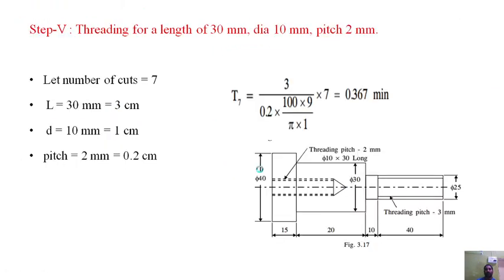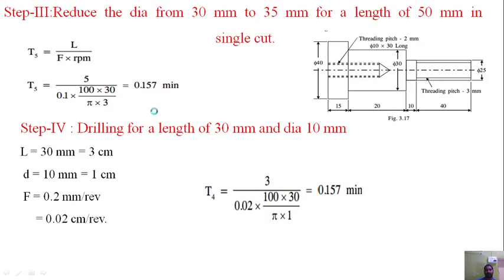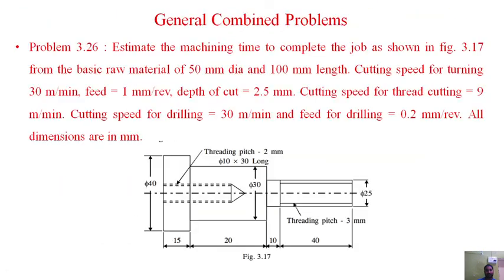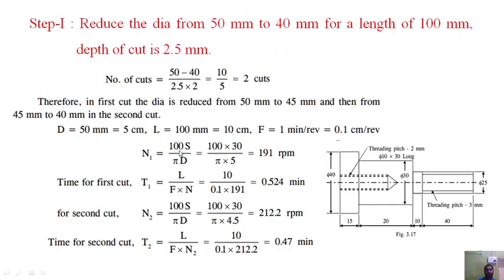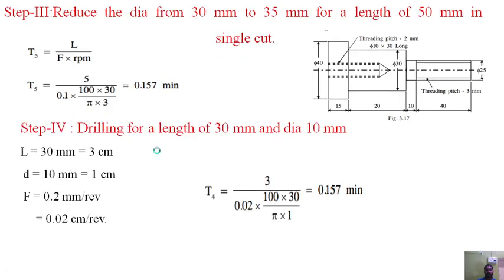So for tapping operation, let the number of cuts be 7, because we have different formulas for finding the number of cuts. One formula depends upon the material. Directly we can take it for different materials if the material is mentioned, but it is not mentioned here. Estimate the time required to complete the job, basic raw material is not mentioned. So the other method is to find out the number of cuts by means of pitch into